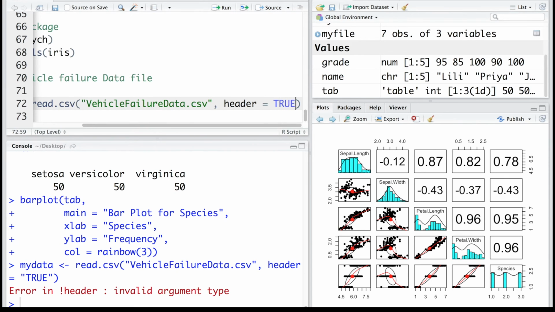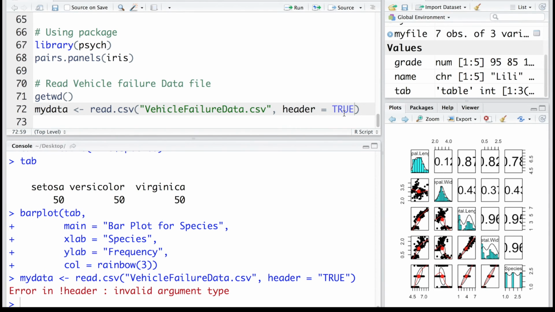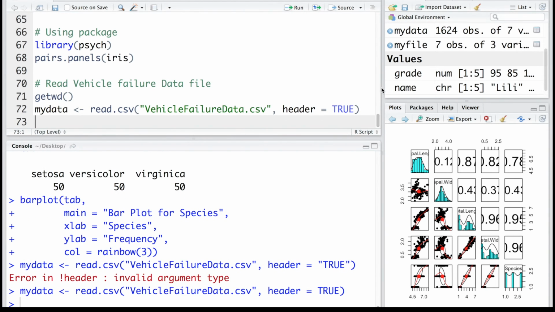We don't need the quotes. That's why we got an error. So remember last time when we did not use quotes, we have to do the same thing. So now that file has been read. If you want to look at the structure,